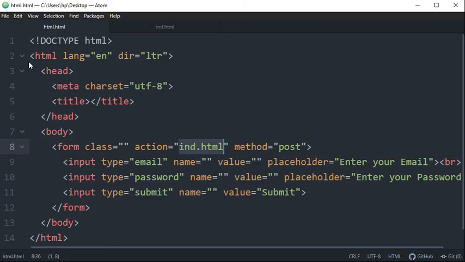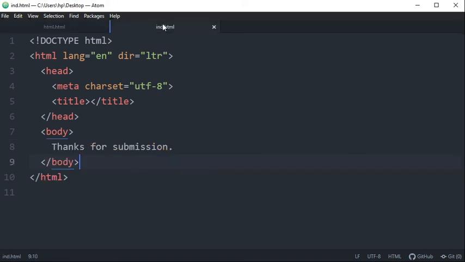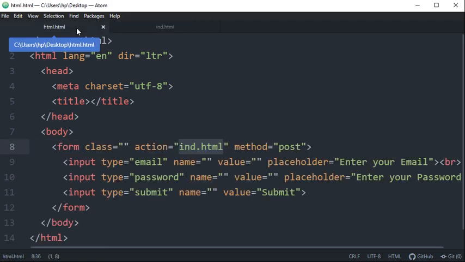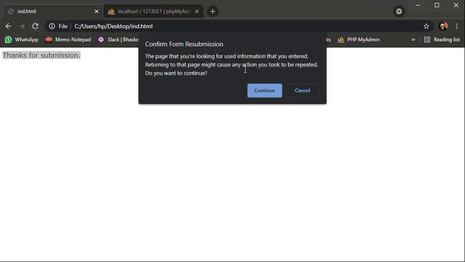The reason is we defined this HTML document in our action attribute. So the submit button simply redirects me to ind.html, which displayed the message we typed there. This is how you can display a message on submission.